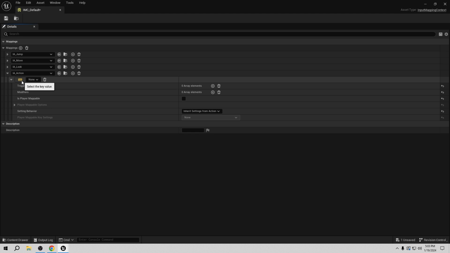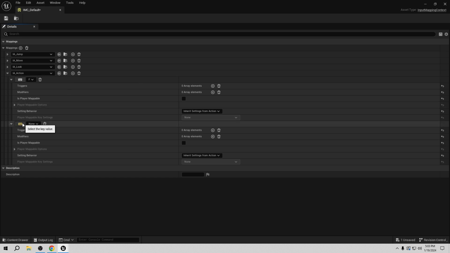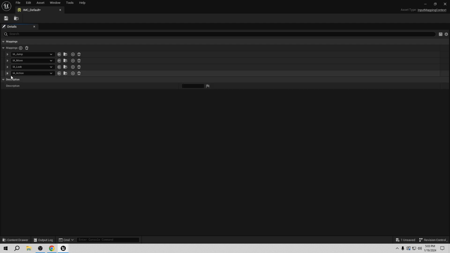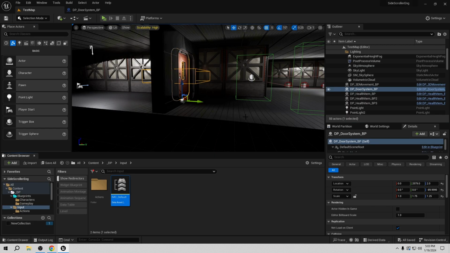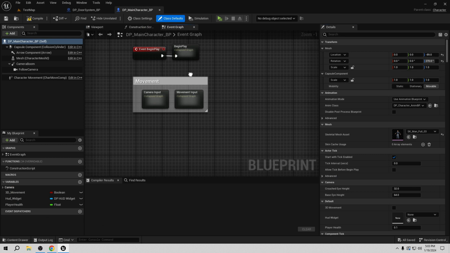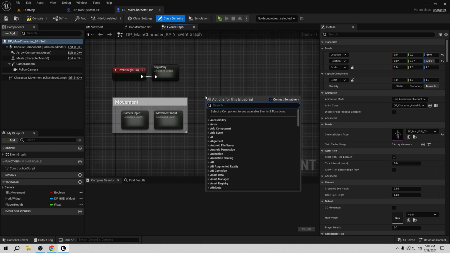I press here, I'm gonna go F, so we have it, and also I'm gonna use the gamepad, so another one. In this case it's gonna be button A, in my case it's face button bottom. So let's close this one, save it, close this stuff. Now we have the button, so let's do it in the character. Let's go to new collection, we have saving here, so let's open here, and here let's right click,